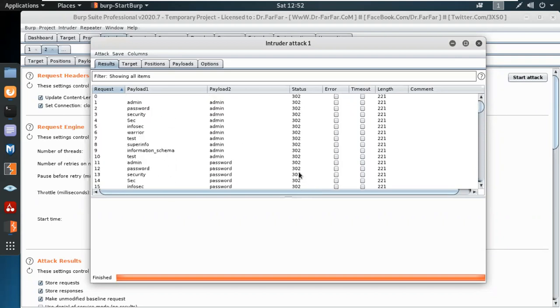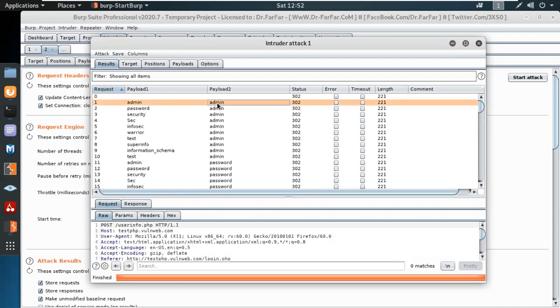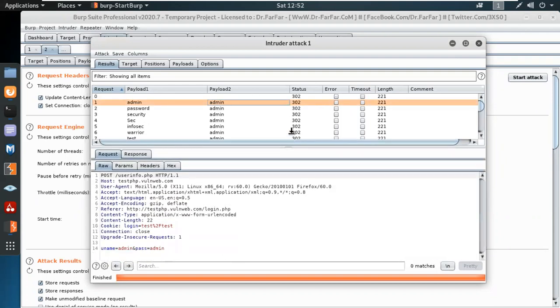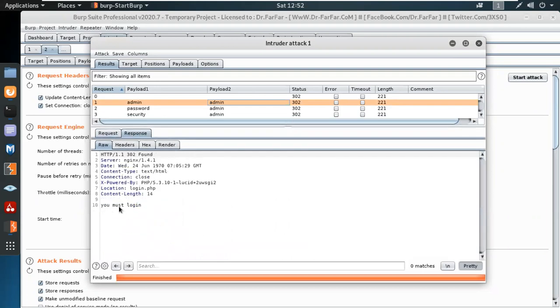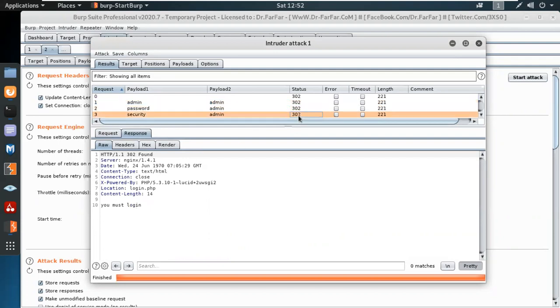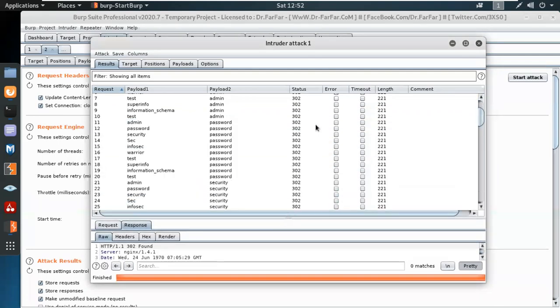Two means that the payload has, the client is redirected to a different resource. So let's see over here, the first one. We write admin. Let's see the response code. You must be logged in, so it doesn't execute. Over here also, this one also, you must be logged in. So we didn't log in on the server side, but through the maximum length, if I use the maximum length